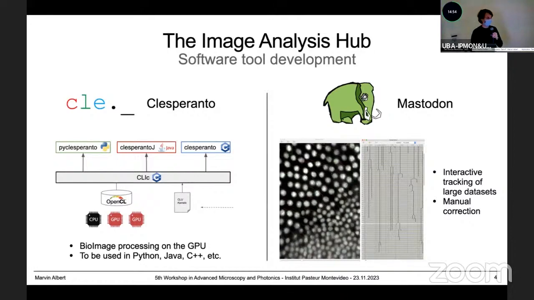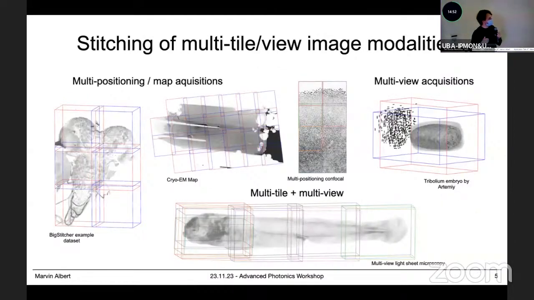And along these lines, I want to speak to you today about one of the tool developments that relates to this aspect, when we get to very large data sets that often come from multi-positioning and microscopy, when very often you acquire your data in tiles, because either the camera sensors are not large enough to cover the full specimen, or for other reasons. And then you would also have the case of multi-view acquisitions, where you don't only acquire your data